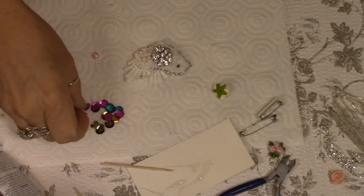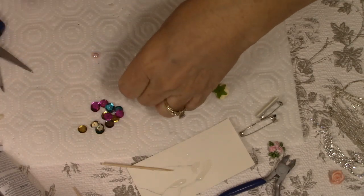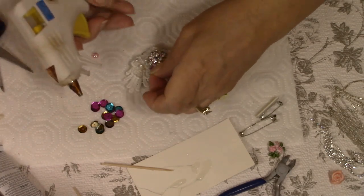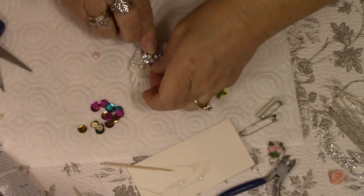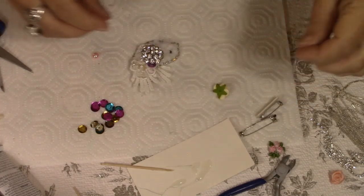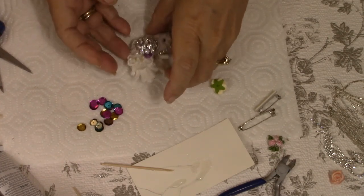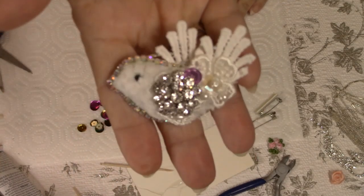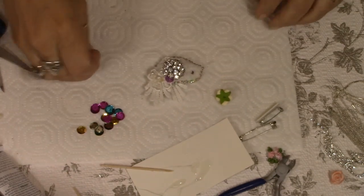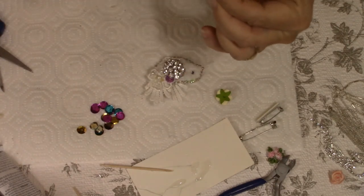So what I'm going to do is, the first thing I'm going to add right here next to that is this pink sequin. And for that, I'm just going to use a dot of my hot glue, and I'm going to kind of tuck it up under that piece of bling there, and I'll show you how I did that. There, it's just tucked up under there, so you can just see that pink piece. And then I'm going to take this pink pearl, and I'm going to put it over here down towards the bottom,